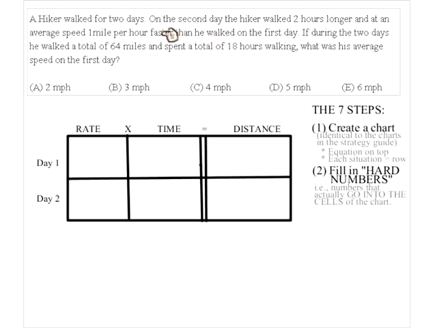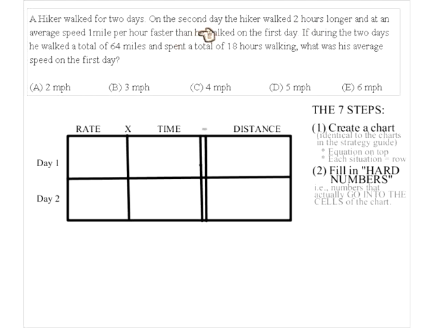Also, total of 64 miles. Does that go, yes or no, smiley or not? Does 64 go into any of these boxes? A couple of you are smiling at this. No, it does not. Because this is not the distance on the first day, and this is not the distance on the second day. So this is a total distance that's also not a hard number right now. All right, smiley face if you guys understand that. This does not actually go in any of the boxes of the chart. That's very important. This is a relationship. And so is this.